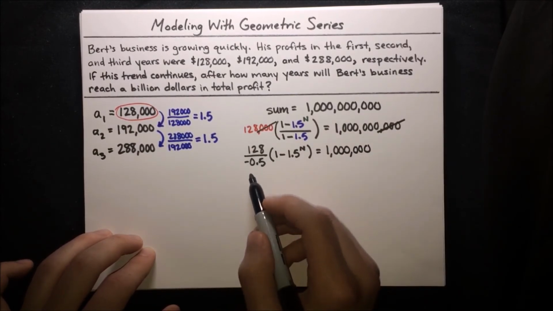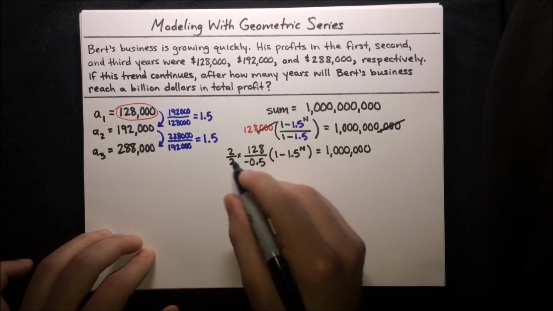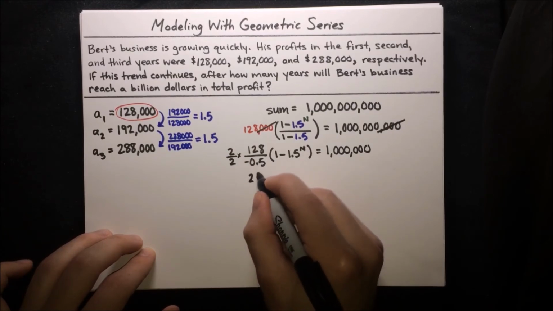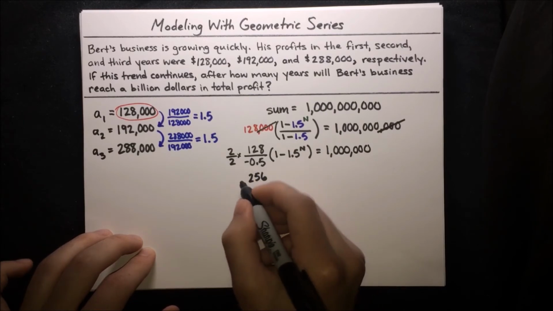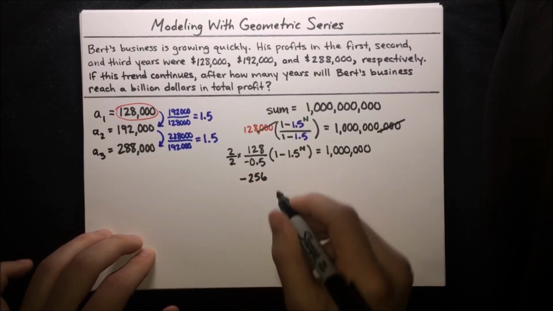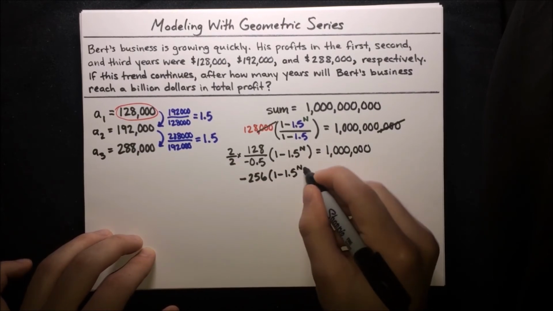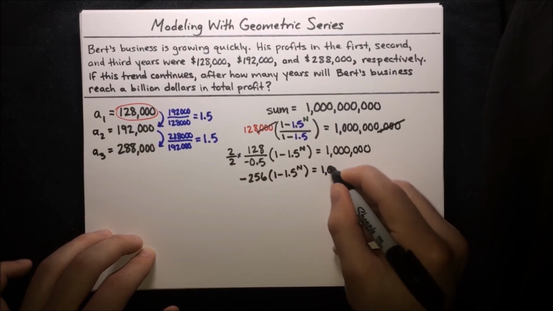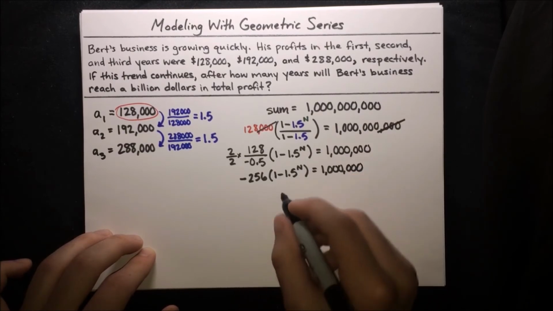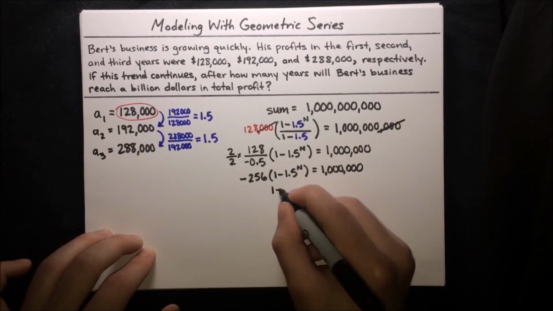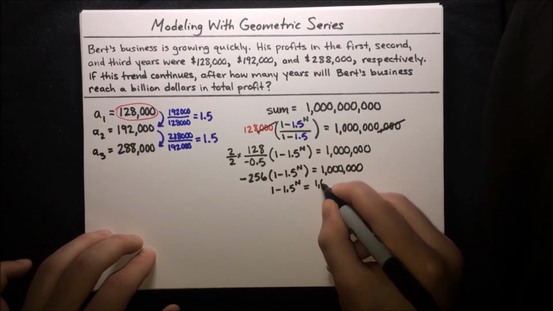We can simplify this fraction really nicely by just multiplying by 2 over 2. That'll give us 2 times 128 is 256, and then 2 times negative 0.5 is just negative 1, and 256 divided by negative 1 is just negative 256. So that times 1 minus 1.5 to the n is equal to 1 million. Now we can just divide both sides by negative 256 and get 1 minus 1.5 to the n is equal to 1 million